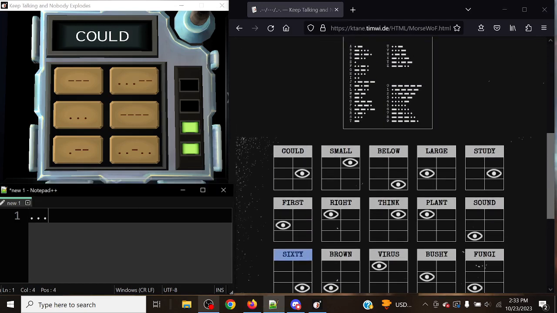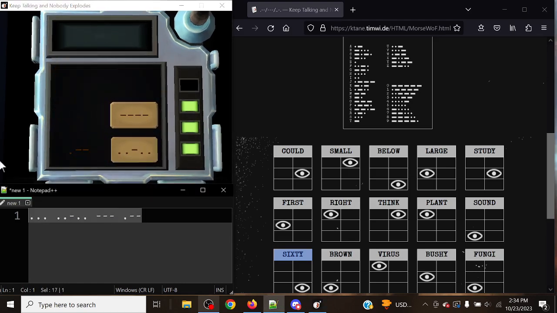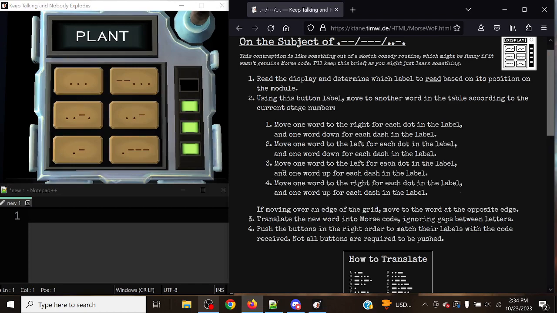So dot, dot, dot, dot, dot, dash, dot, dot, dash, dash, dash, dot, dash, dash. Okay, lots of dots at the beginning. So let's get rid of these 3 dots. Let's get rid of this space right here for number 6. We've got these 3 dashes right here, and we've got this spot supporting these last 3 positions. So, you, lovely. So plant,